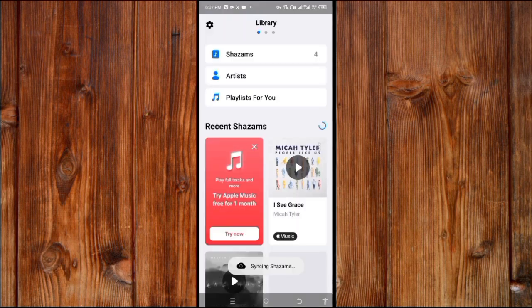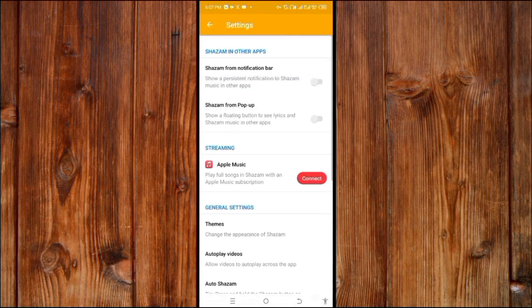As you can see, I have logged into the Shazam cloud now. You won't see the login again. That means you have logged in. The benefit of logging into the Shazam cloud is that anytime you find another device and log in using the email, it will automatically bring out all the music you